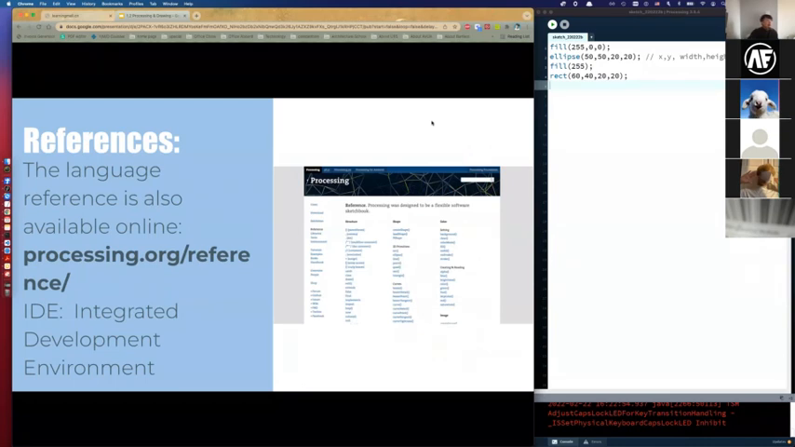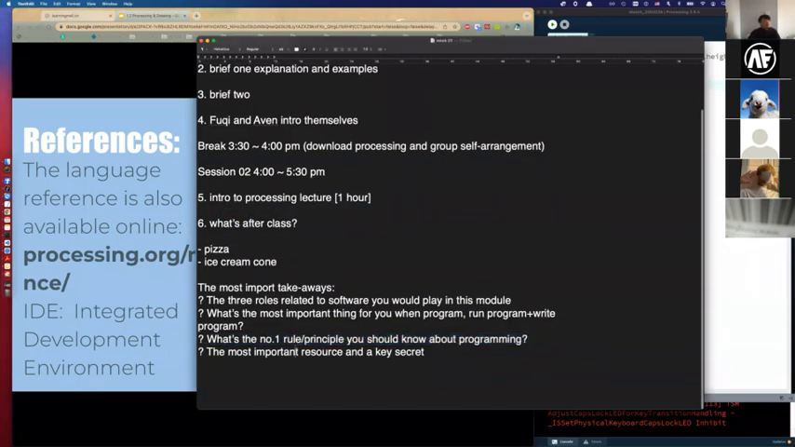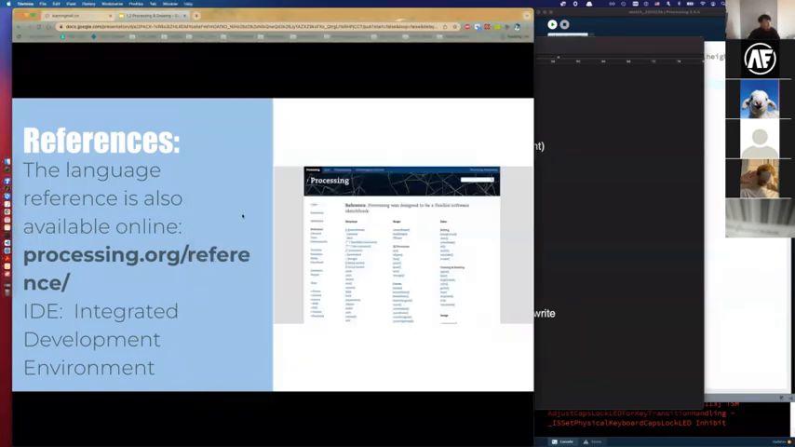This is the fourth point I try to address here. Most important source and key secrets I would like you to know. The most important source is the reference for processing, and the URL is processing.org/reference,